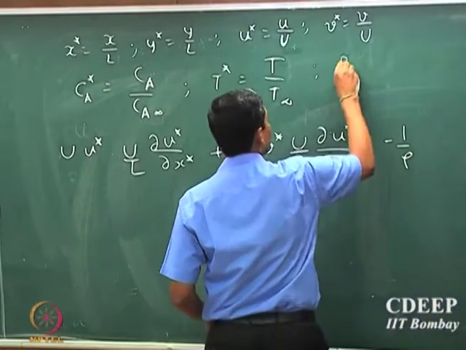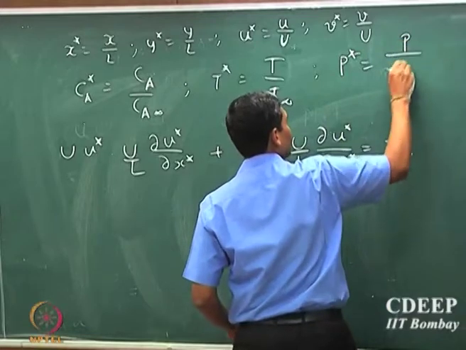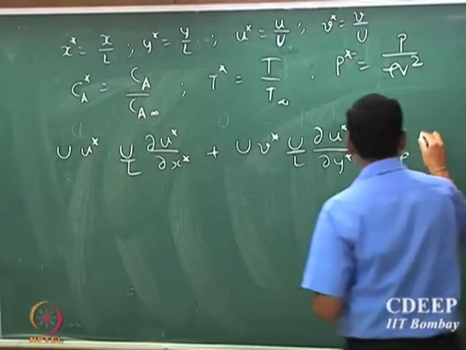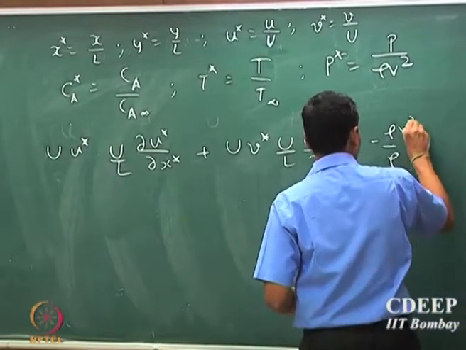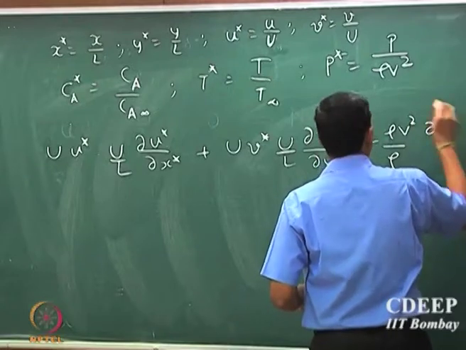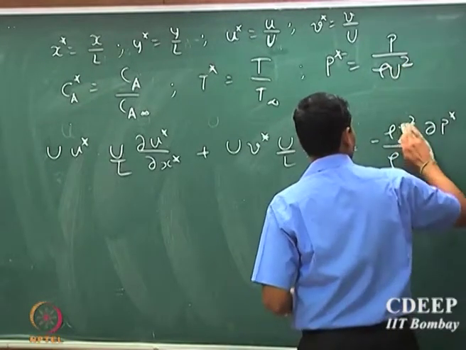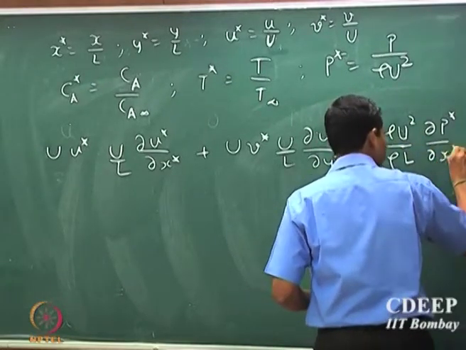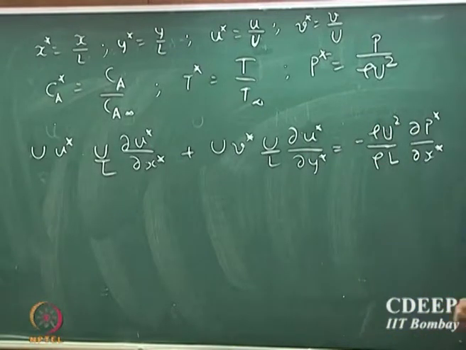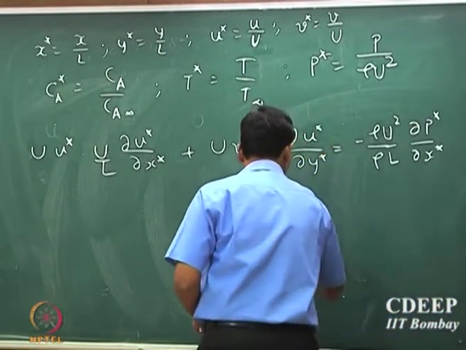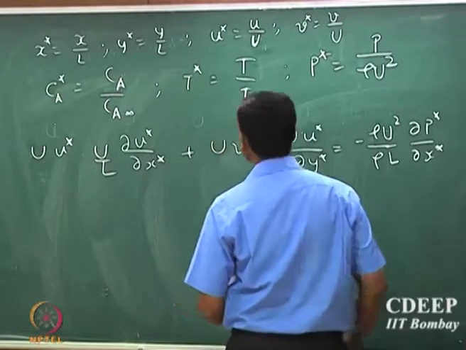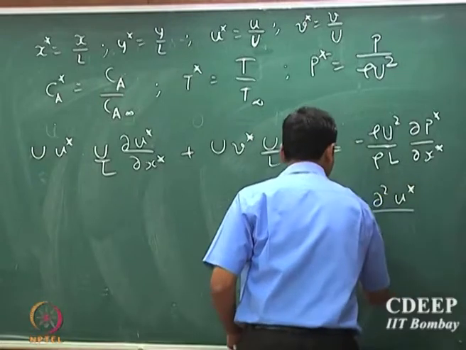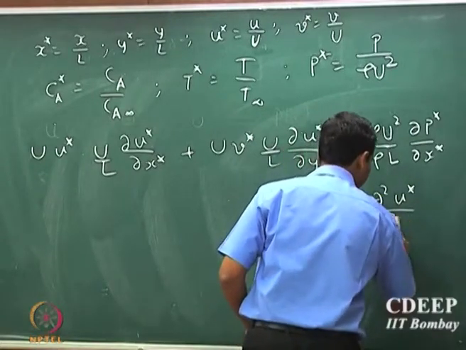So, if I introduce P star as P by rho U square, that is the scaling that I introduce for pressure, so that will be rho U square dP star divided by L dx star, that is the scaling for pressure, plus mu by rho into U into d square u star divided by L square dy star square,